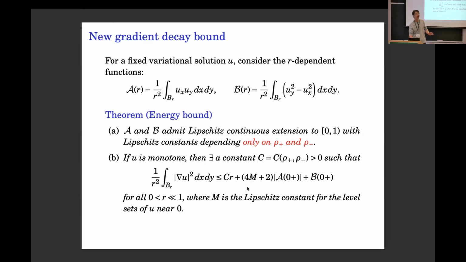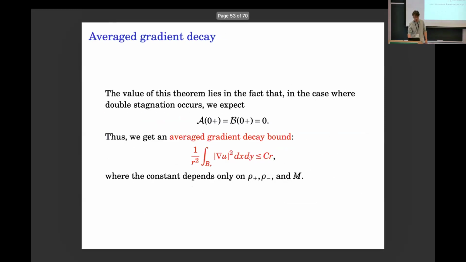The capital M, I didn't mention, is the maximum slope. We assume that there's no overturn, so every streamline has a maximum slope, and we call that maximum slope M. These guys are going to be zero if you're able to get the limit. And so that means this average gradient is going to be controlled by something like r, where r is the radial variable. So that's the replacement of the pointwise gradient bound.